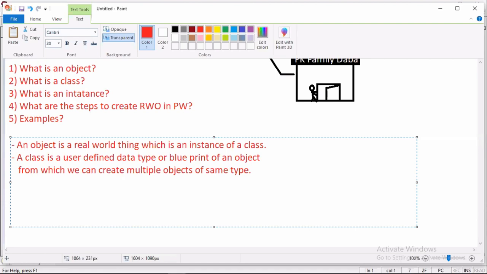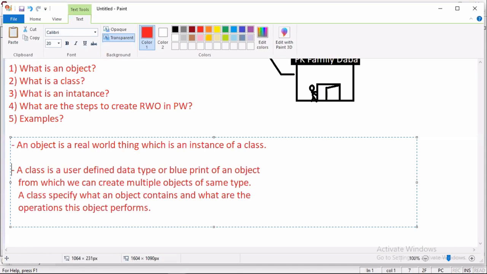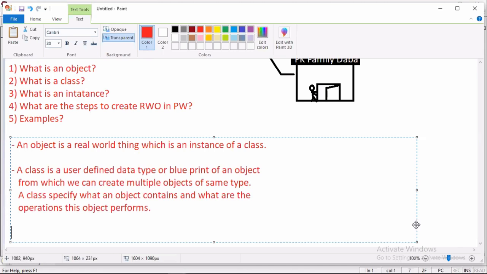A class specifies what an object contains and what operations this object performs. So this is the definition of object, this is the definition of class.